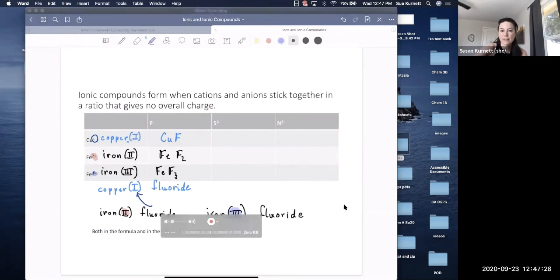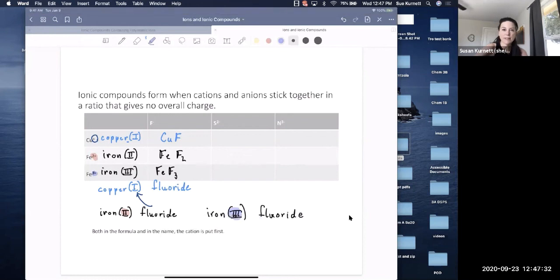Alrighty, questions? So this is contained in the video. You can fast forward to the part where you see this table, and then you can do the table yourself and then compare to what I say.